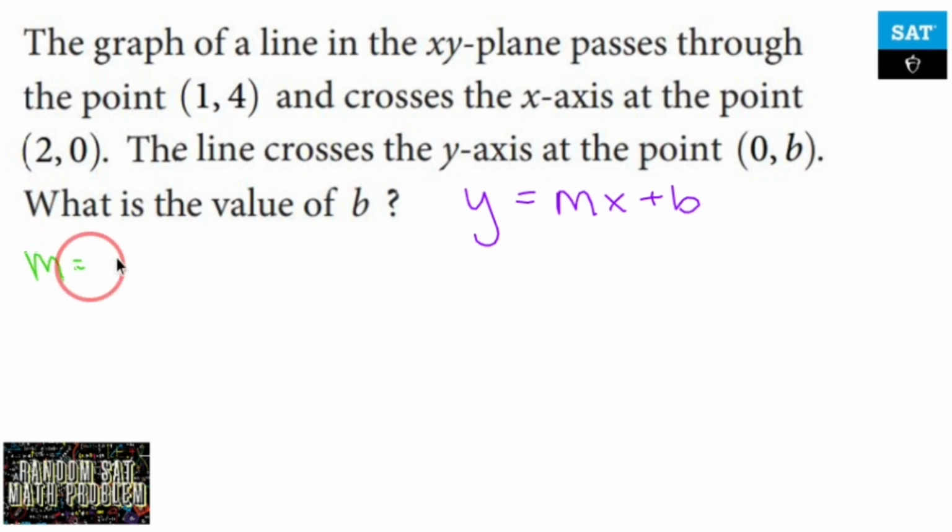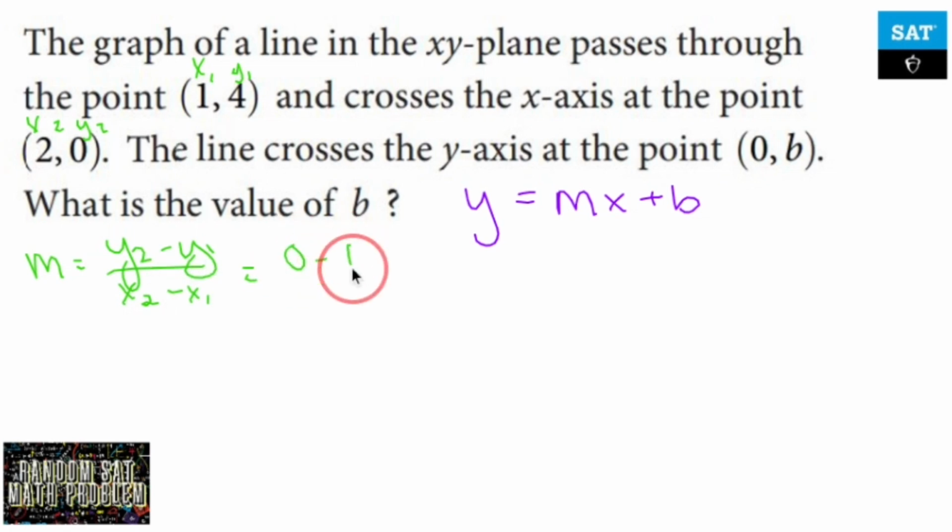So the slope is given to us by the formula y sub 2 minus y sub 1 over x sub 2 minus x sub 1. I'm going to label my points x sub 1, y sub 1, and x sub 2, y sub 2, and just plug stuff in. y sub 2 is 0, minus y sub 1 is 1, over x sub 2 is 2, minus x sub 1 is 1,